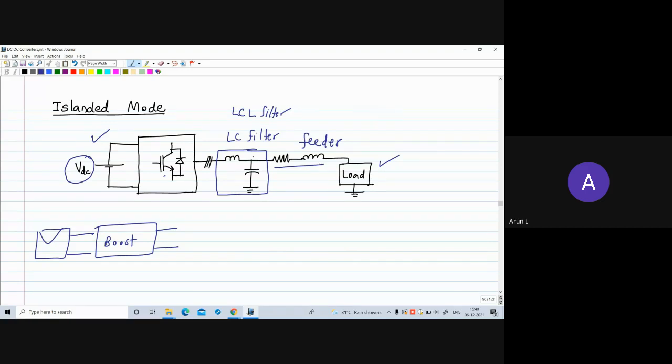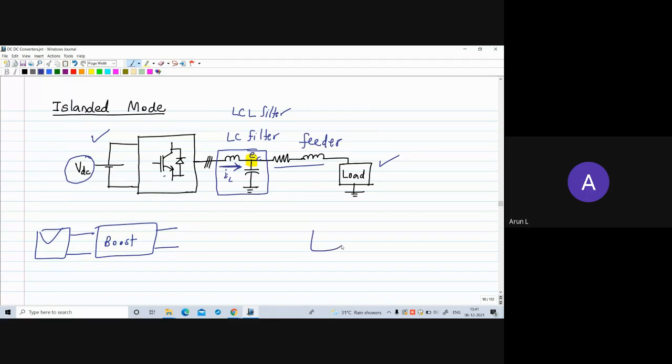And in islanded mode, we will be controlling the bus voltage at this point, this capacitance voltage, and the inductance current. These are the two state variables that we will be controlling: current flowing through this filter inductance IL, and voltage across this capacitance, say EC. So these two variables we will be controlling. So there will be an inner current loop and an outer voltage loop. And those controls are usually done in DQ reference frame, and that is known as classical vector current control. And if you have two such inverters operating in parallel, there is an issue of power sharing. So active research is going on in that area also.